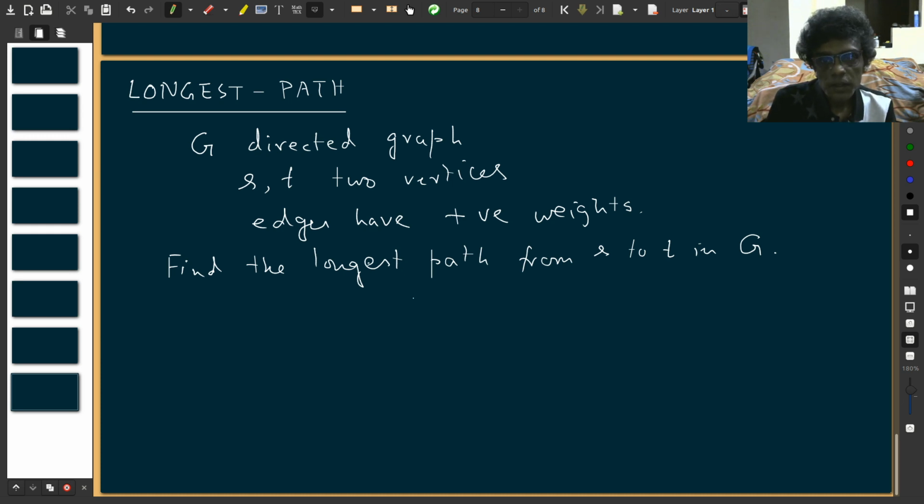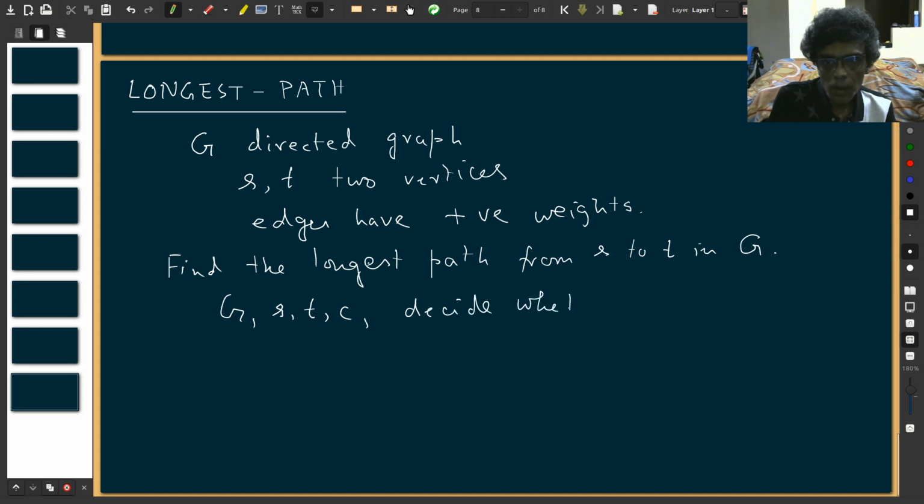In any case, this is again a maximization problem. So I additionally give you a positive integer C. So given G and C, not only G and C, you also have S, T and C. Decide